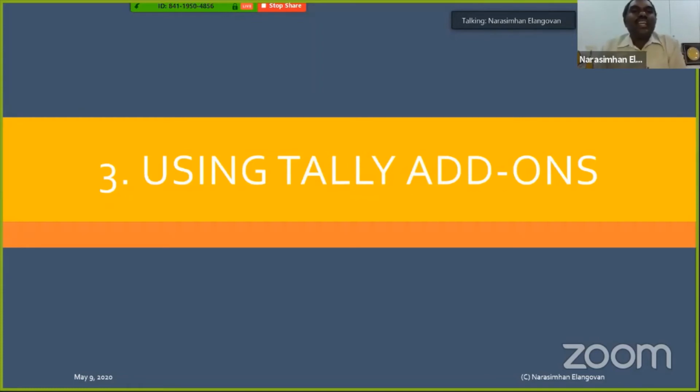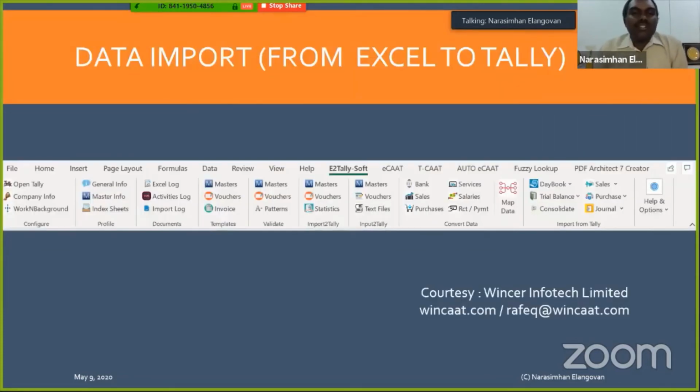How do I use Tally add-ons? Under that, the first thing which I'm going to take you through is one add-on, the concept, and it's fairly good because it is feature rich if you ask me. It is loaded with a good number of features. See, one of the practical challenges which we face is, how do I push the data from my client's source system, or it could be my client's bank account, or for that matter, forget about bank account, even from basic software or a basic sales book to my Excel.